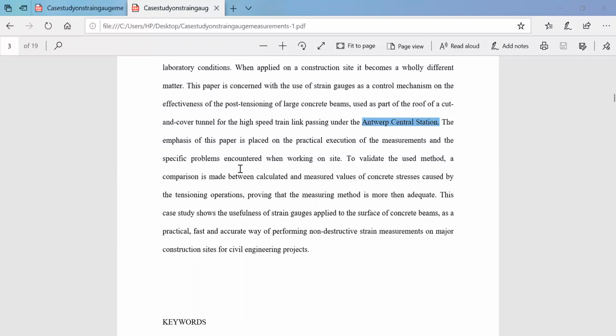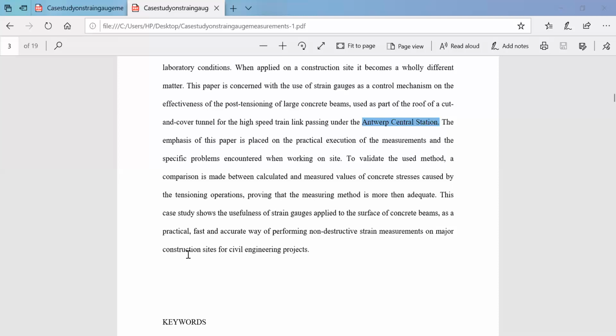So this type of measurement of strain using strain gauges for the tension which comes across the roof of the tunnel will be widely used everywhere civil engineering projects come into the picture. It will be helpful for all construction sites, because every civil engineering project will have a beam structure. Without a beam structure you cannot build a building, right? So anywhere you go with civil engineering projects, beams come into the picture, and when beams come into the picture, stress, strain and tension also come into the picture.